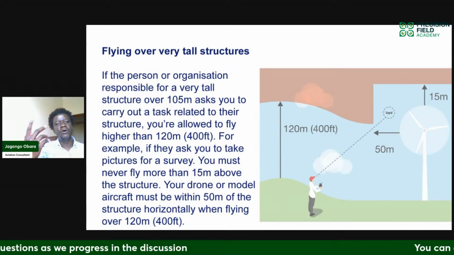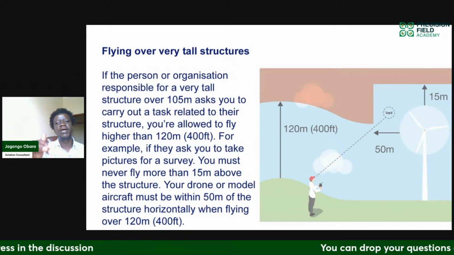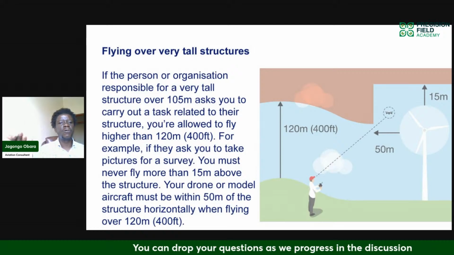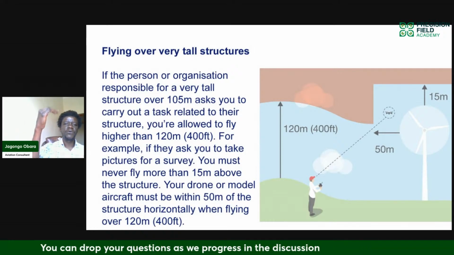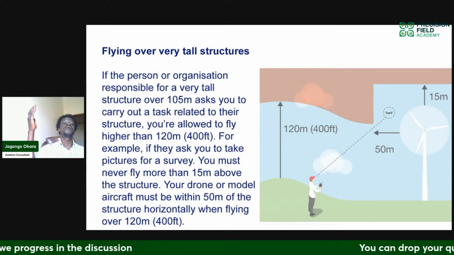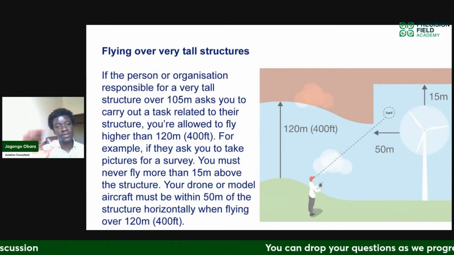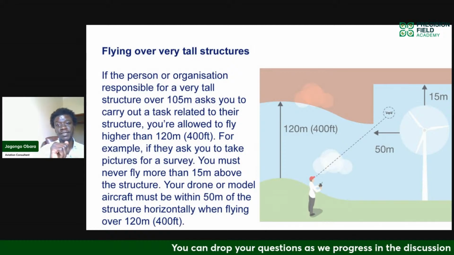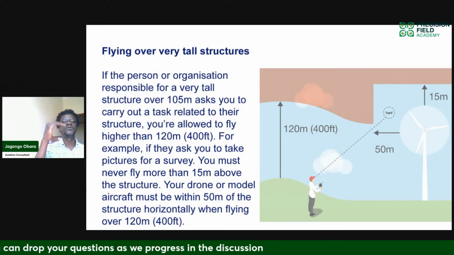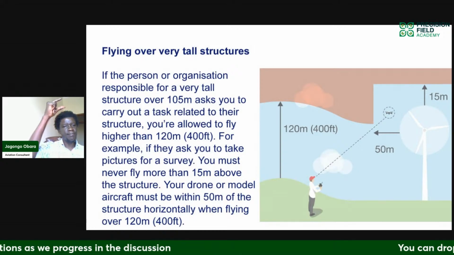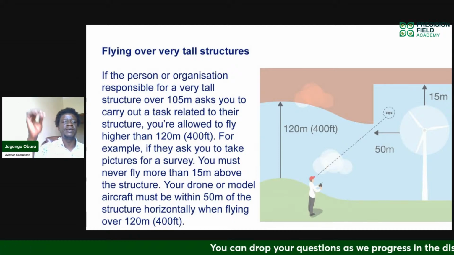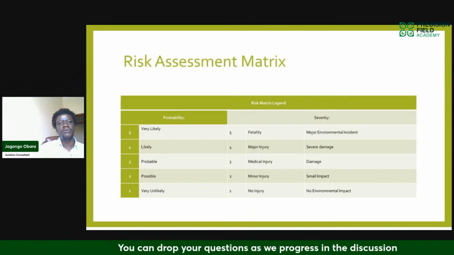And this is the only reason where you will be allowed, or you will find yourself in a scenario where you're flying above the 400 meters. In other instances, you cannot even see the drone at 400 meters. So you have no reason whatsoever to be at 400 or 120 meters. But should you encounter an obstacle, then you are allowed to go above it, but only by 15 meters, which automatically should clear any obstacles which is in your area.